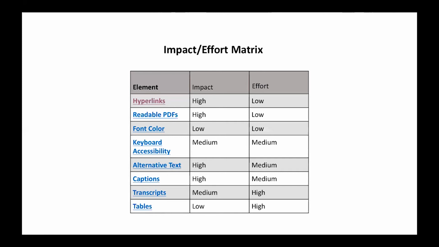Alternative text is what we use when we're trying to explain graphs and charts that are not, again, accessible using a screen reader. That can take a lot of effort to think about those in a different way, and frequently faculty rely on lots of graphs and charts. So we really have to work closely with them to be sure that we're capturing the essence of what they're trying to convey with that visual, and be sure that we can explain it in narrative form so